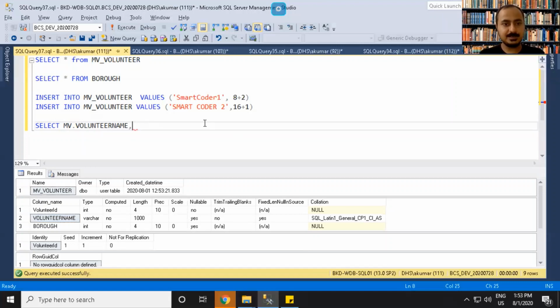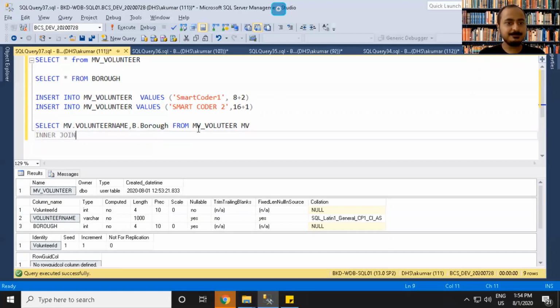So b dot borough, from, sorry, where I was typing, b dot borough from MV underscore volunteer MV inner join borough B on B dot.